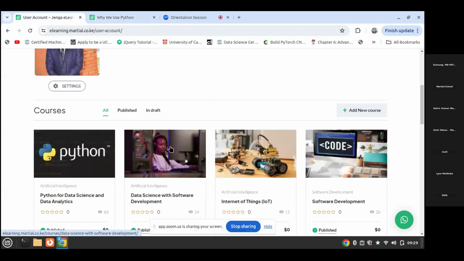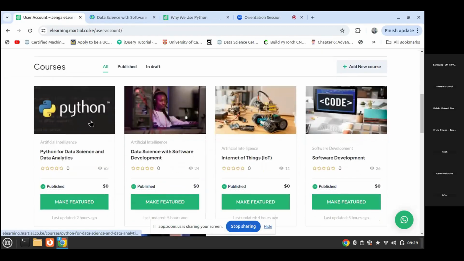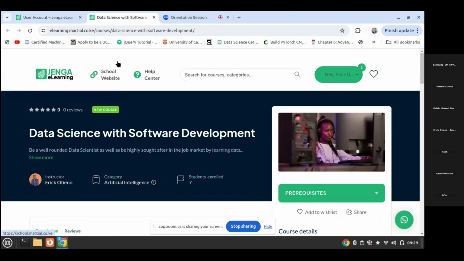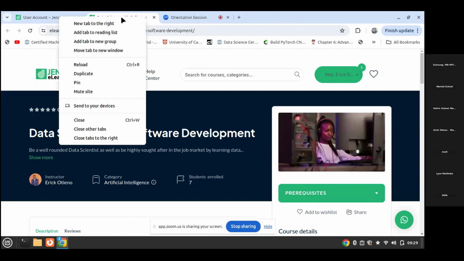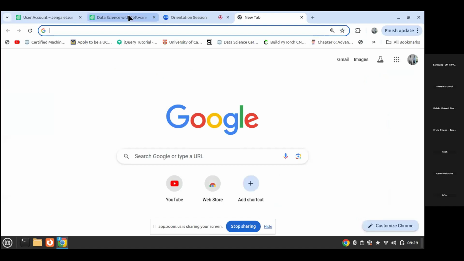If you have completed your orientation here, then now you are allowed to open Python for data science and data analytics here. So if you open up this one here, then I assume, sorry, I think I closed it. Let me open it again.